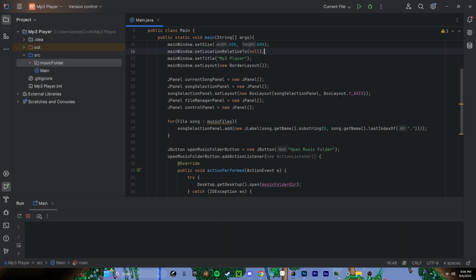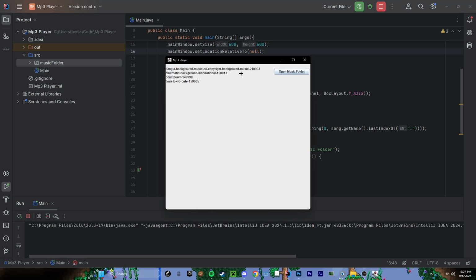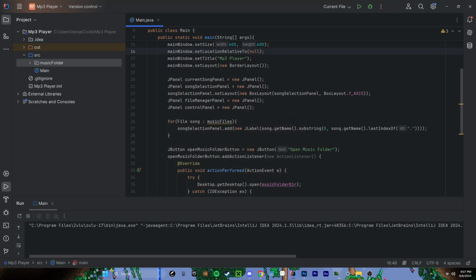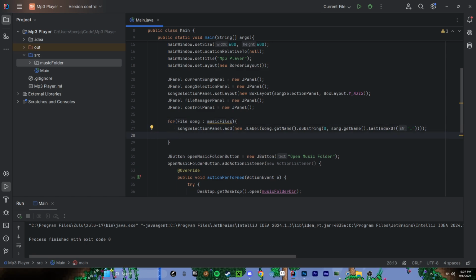And if we run it now, boom, there's no .mp3 now. Alrighty, now let's see here. Instead of just having the text there, I kind of want it to have a background, like a box around it, so that we can see it more clearly. So let's do song selection panel